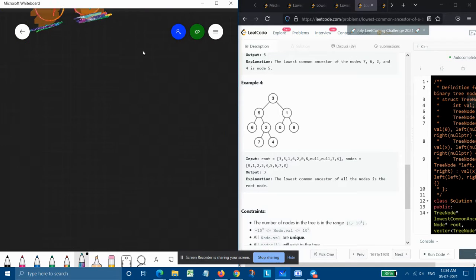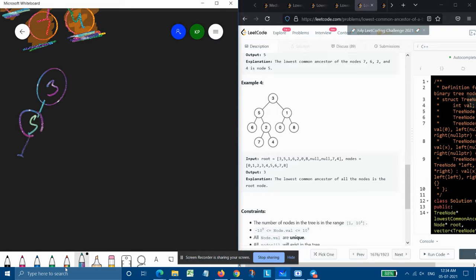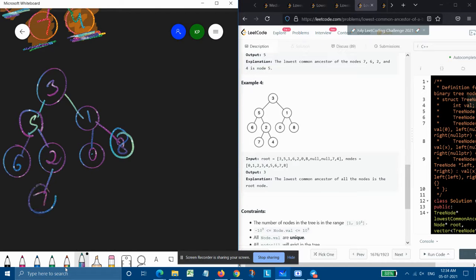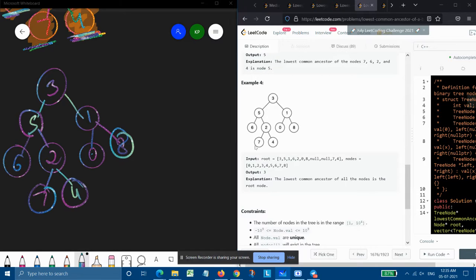In this fourth example, we are given the whole tree as the node array, basically not array but vector. The tree is 3, 5, 6, 2, 1, 0, 8, 7, 4, and this time our nodes are 0, 1, 2, 3, 4, 5, 6, 7, 8, which is basically this whole tree.